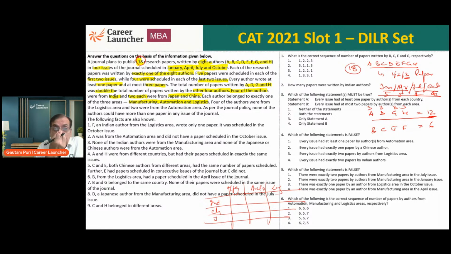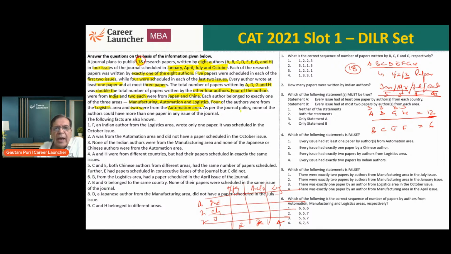which area. Okay, 4 of the authors are from logistics, so 4 are from logistics. 2 more are from automation, 2 from automation. So since there are a total of 8, that means manufacturing will also be 2. Similarly, for the authors, 4 are from India, 2 from China, 2 from Japan. So this additional information is given to us: 4 authors from India, 2 each from Japan and China, and similarly 4 of the authors are from the logistics area, 2 are from the automation area. Obviously, the remaining 2 will be from the third area, which is the